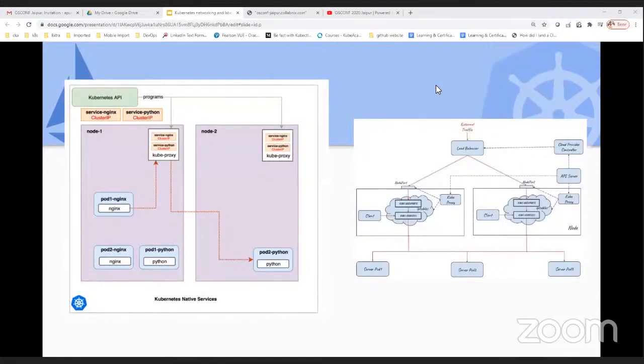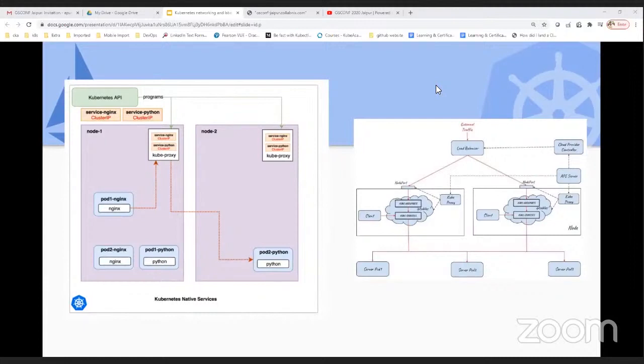So this is what I am just trying to explain. If you look at it from the top view, if I am hitting any service from the kube API, first it will get connected to your service, and at the service backend it is maintaining the IP tables with the help of endpoints. So let's consider I have one Python application and I want to access that application with the help of Nginx. First I will hit the Nginx server. It will go to your kubeproxy, and kubeproxy has any of these modes to decide where to route the traffic, and from the service it will get connected to your Python application.